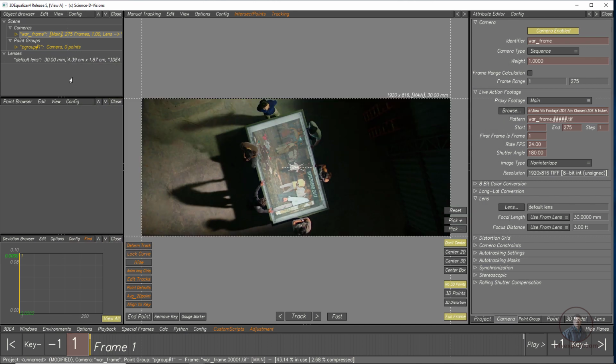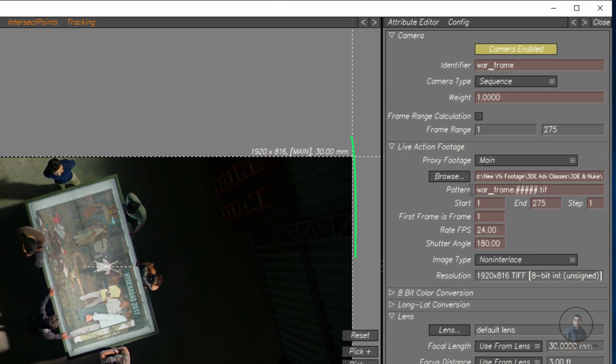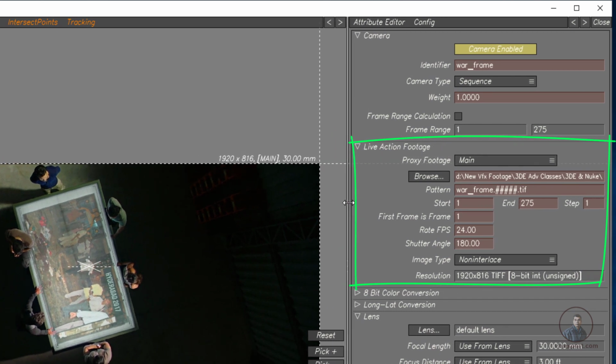Now if you select your footage or sequence in the object browser, you will see your footage information on the right side. Here you can see your footage directory and your footage name, and downside your frame sequence: start frame which is 1, end frame which is 275, and frame rate which is 24 fps.